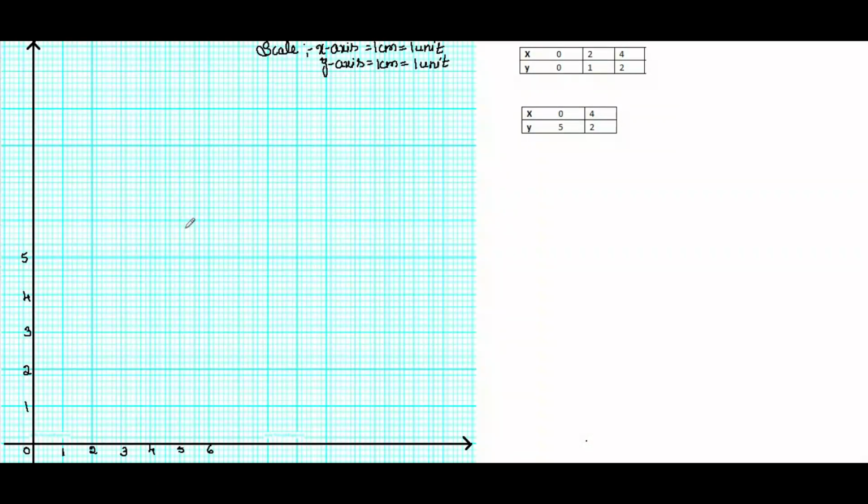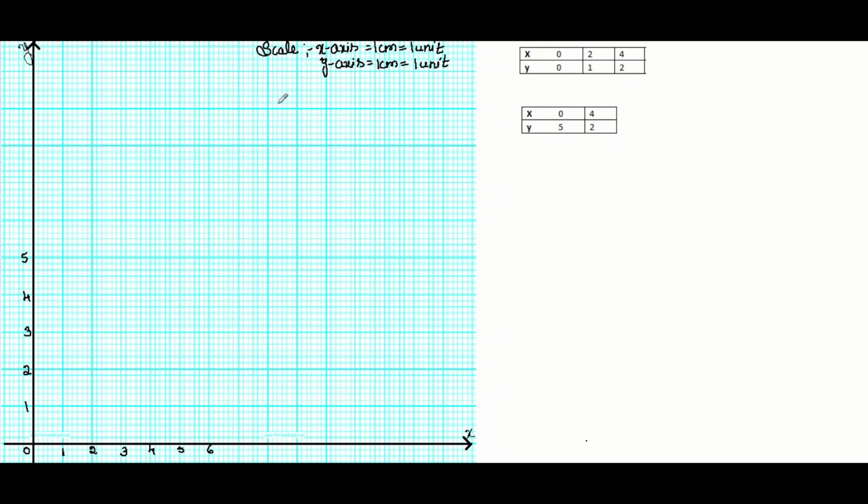Moving on to the graphical representation. So this is a graph sheet where you have to notice the points first. In the first group of points, the maximum point in the x-axis is 4. Here also, in the second group, the maximum point in the x-axis is 4. This horizontal line is the positive x-axis, and this vertical line is the positive y-axis.